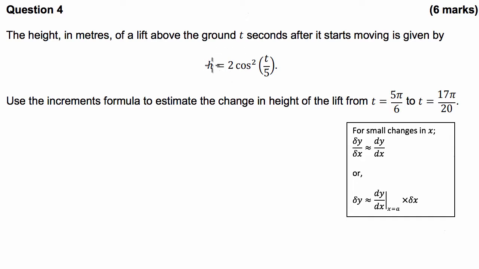So what we've got here is h in terms of t. What we're after is the change in height. So we're looking for delta h, and that can be approximated by the derivative, dh with respect to t, evaluated when t is equal to 5 pi on 6